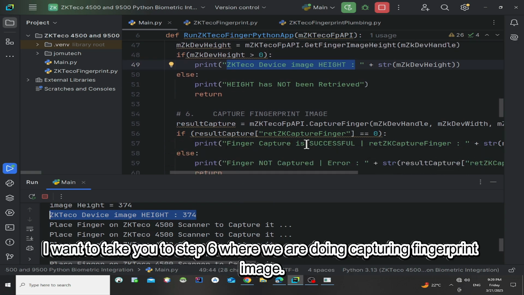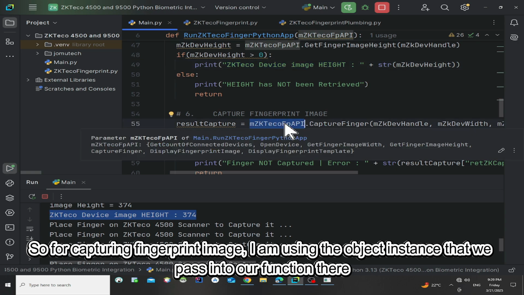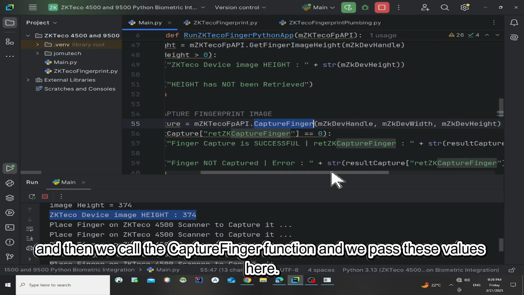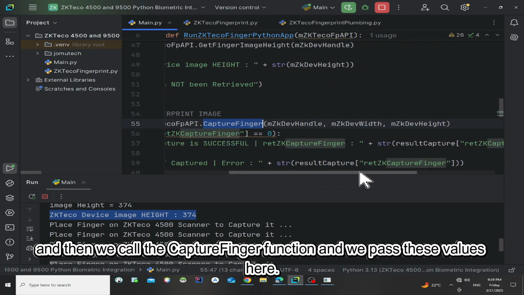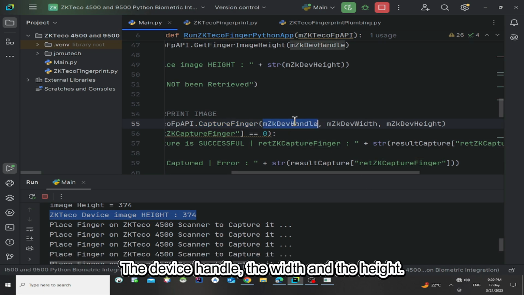I want to take you to step 6 where we are doing capture fingerprint image. For capture fingerprint image, I am using the object instance that we passed into our function, and then we call the capture finger function, and we pass these values: the device handle, the width, and the height.